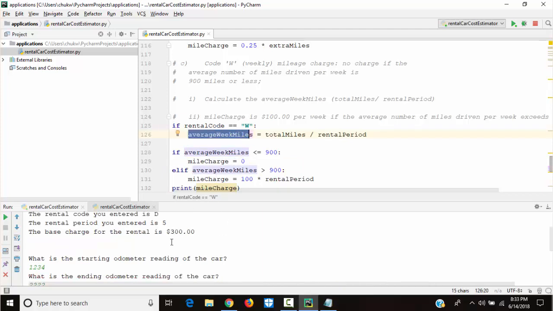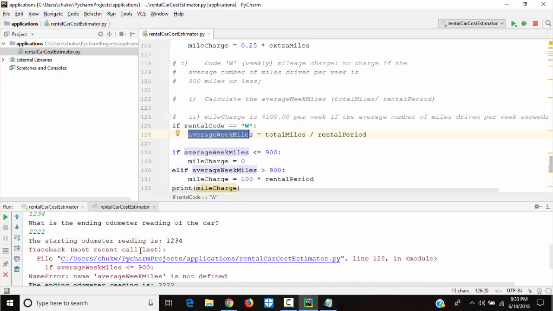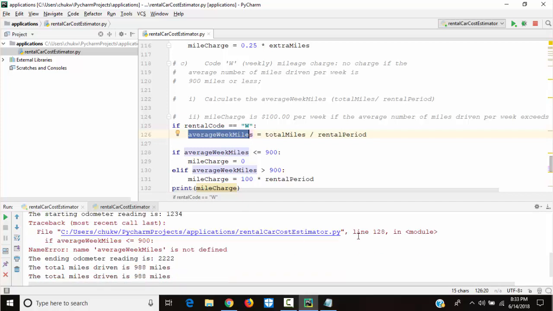That is line 128: if average week miles is less than or equal to 900. Meanwhile, I already defined average week miles here by assigning it to something.